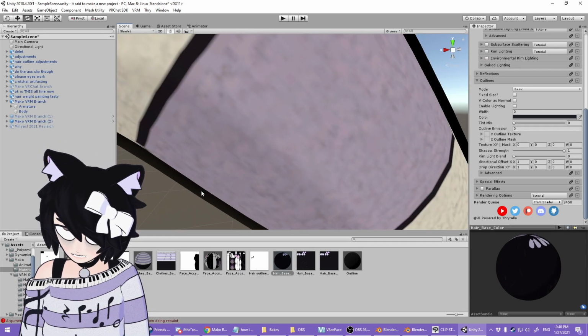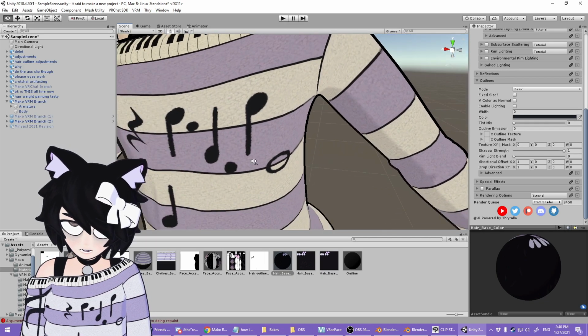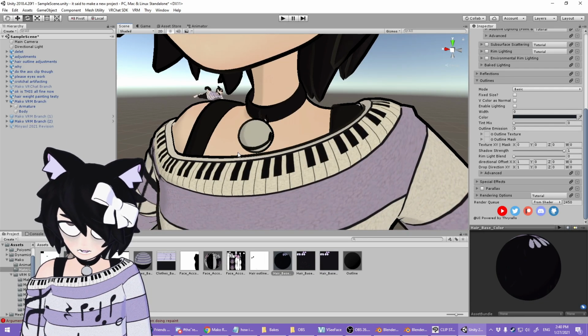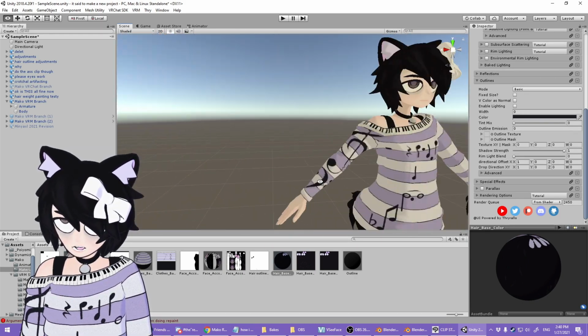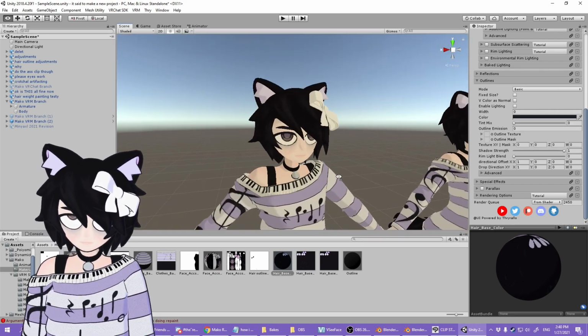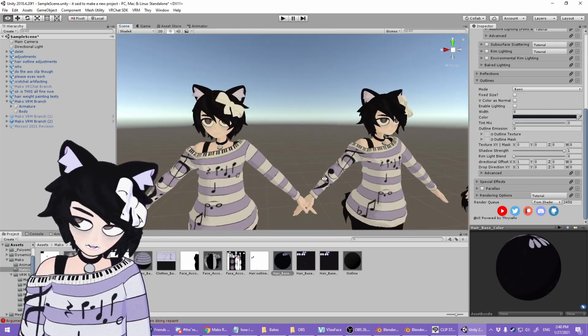But we have the outlines around the thing, which are the same color as these outlines separating the stripes of the sweater, and the collar, and the eyelashes, and it all just kind of comes together to give it a nice 2D feel. You know, this is fine over here, but this is how wowza. It's all dependent on your style.